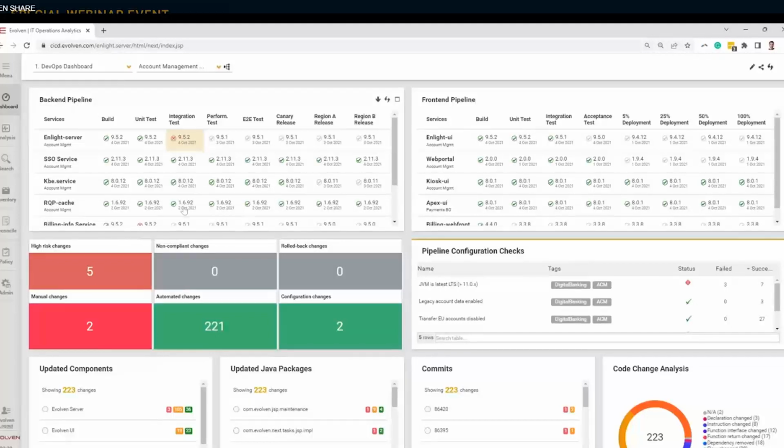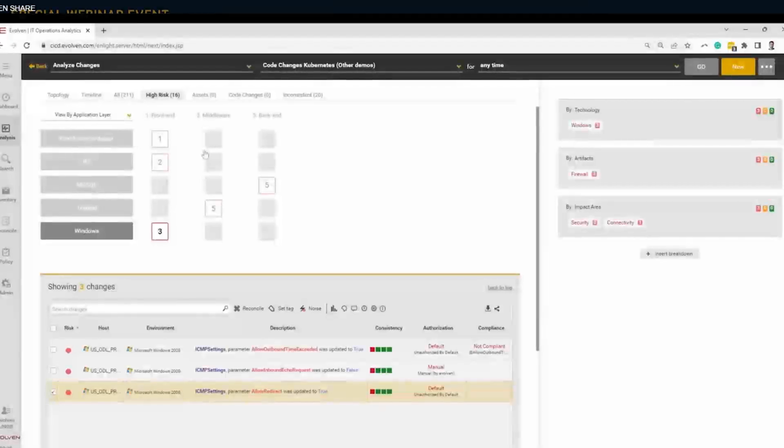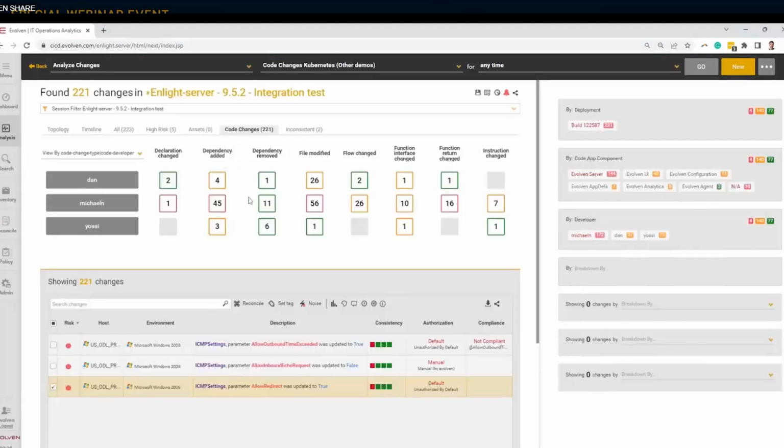You can see for each, in this case microservice, what the version is, what the build is, right, and how it is progressing across the pipeline. You can see the changes introduced in each step, and we can see that, for example, in the integration test step of the analyze server, 5 risky changes were detected. We can also see that this pipeline failed certain configuration checks, failed certain policies, right? And we can, as usual, drill down